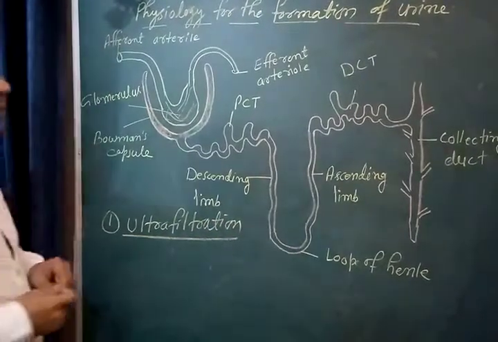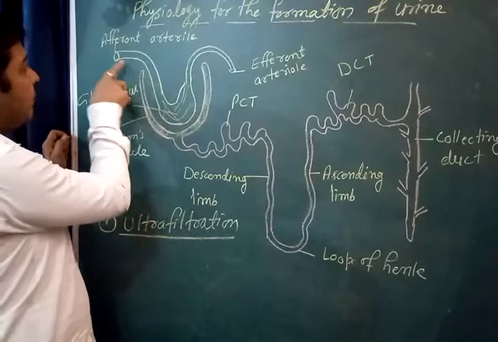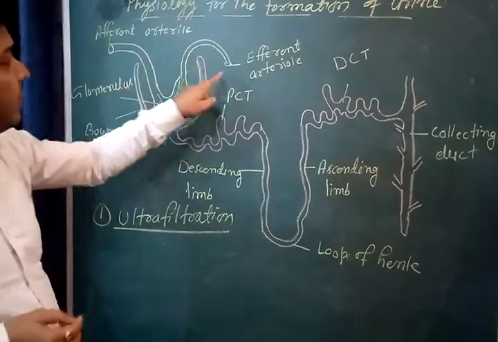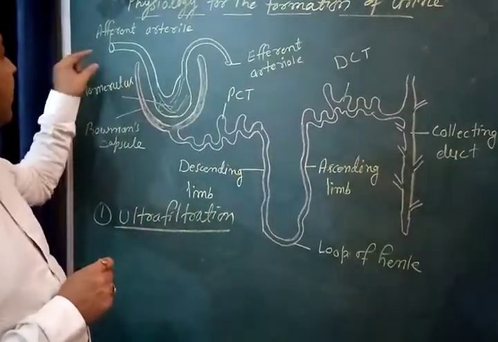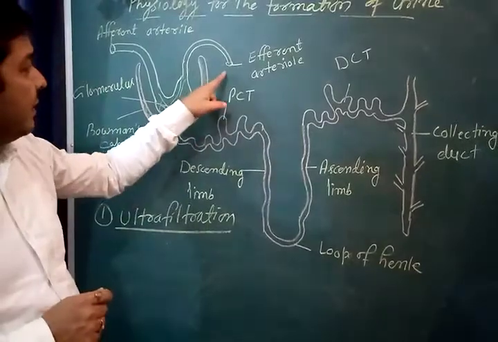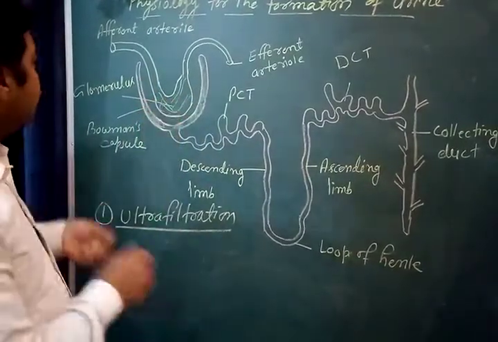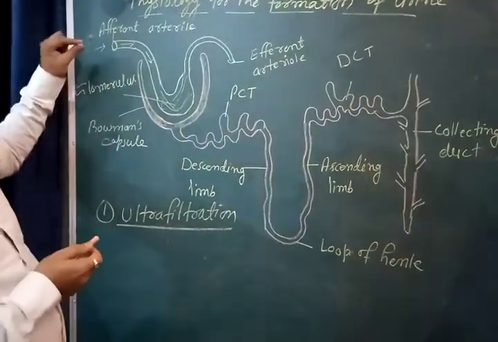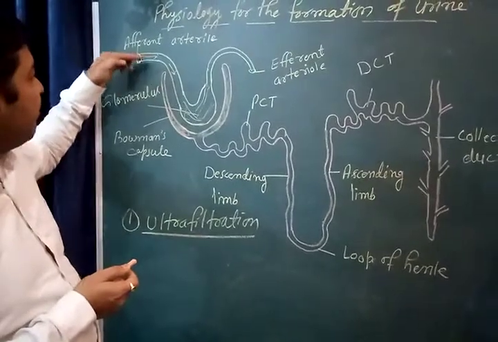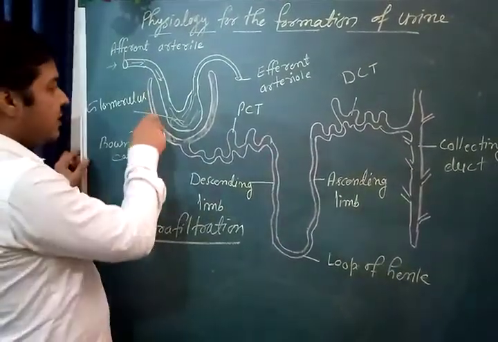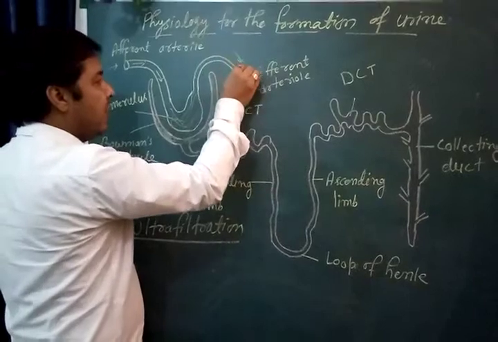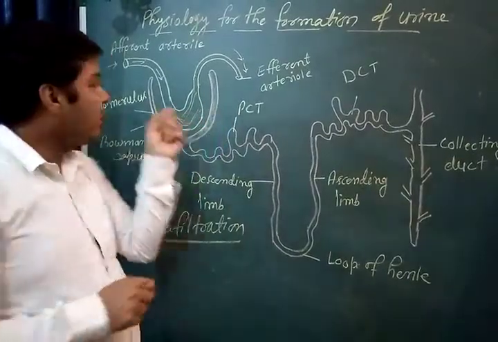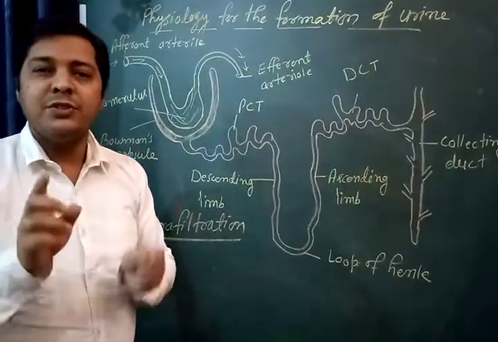See, ultrafiltration, children. You might have seen this is a tube, the afferent arteriole. The diameter of the tube is more compared to the efferent arteriole. You see what is the difference? This one has a wide lumen and this one has a narrow lumen. So the amount of blood moving in is maximum because of the much larger diameter. The blood is moving in a large amount, but the blood moving outside is less. Why? Because the lumen is narrow.